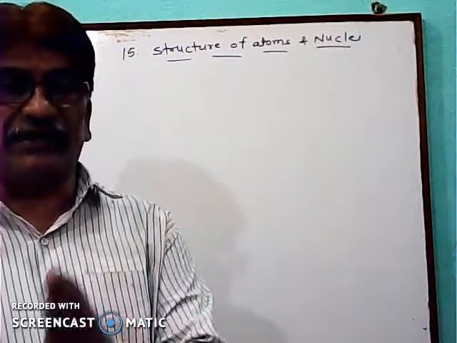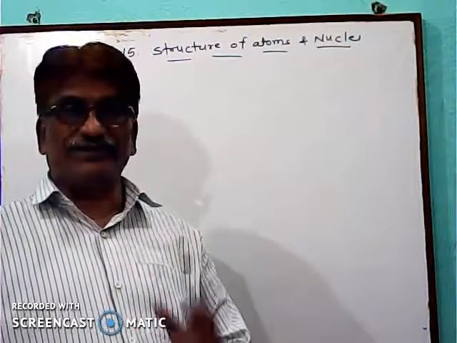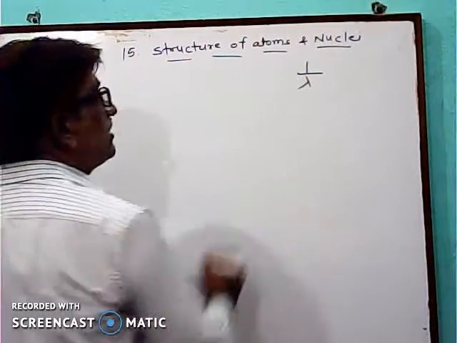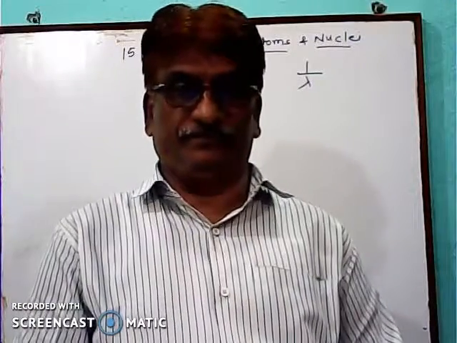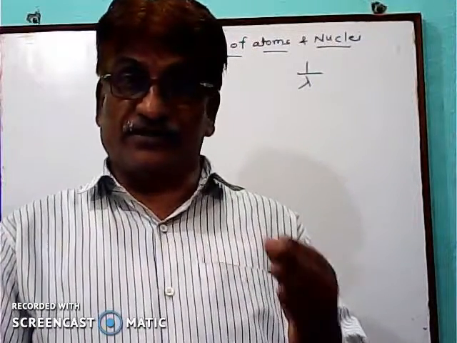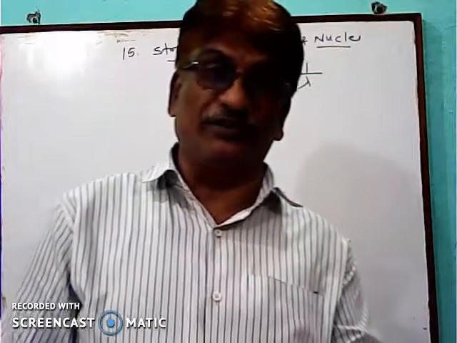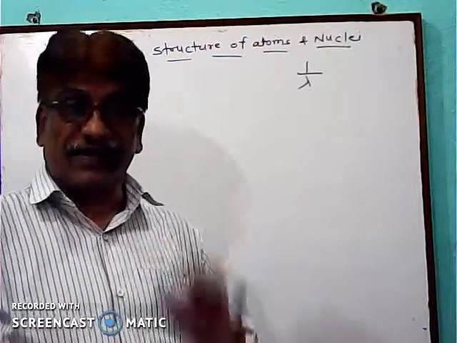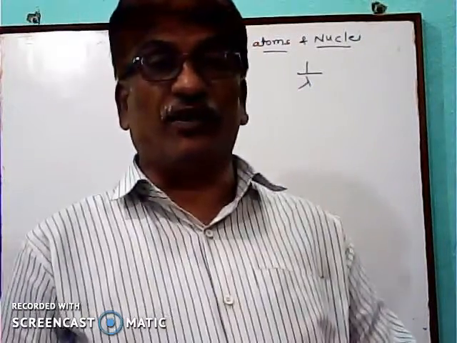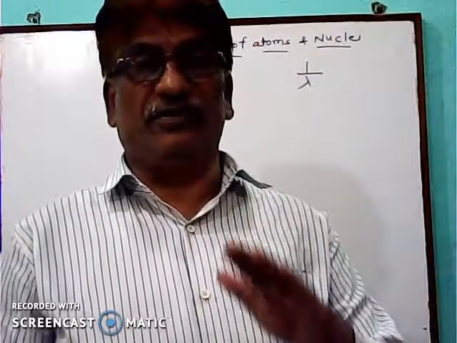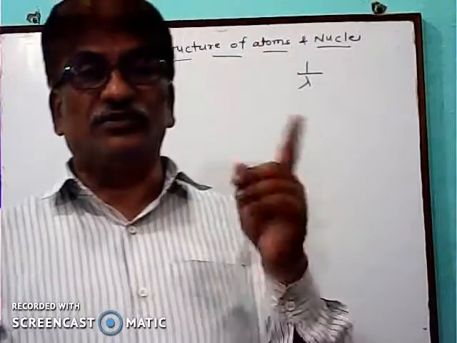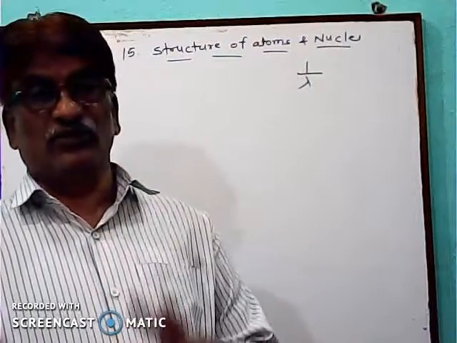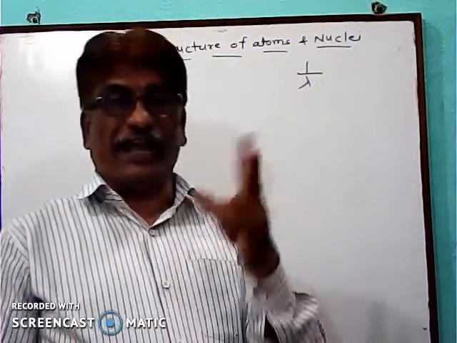So today we will see average lifetime. Average lifetime is the reciprocal of decay constant. The reciprocal of decay constant is also related to half-life time period, but average lifetime is also the reciprocal of decay constant. It has the value 0.693 upon half-life. So this is the relation between half-life and average lifetime.